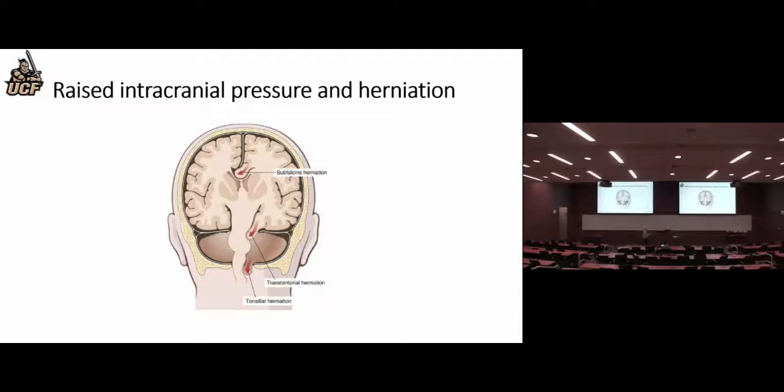These are sort of like the three main types. You often get a combination, but there's this area here, which is the falx. So you can get the subfalx